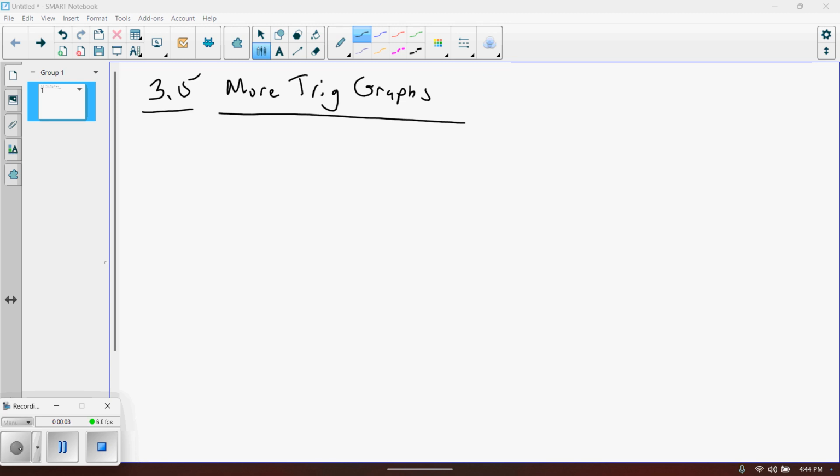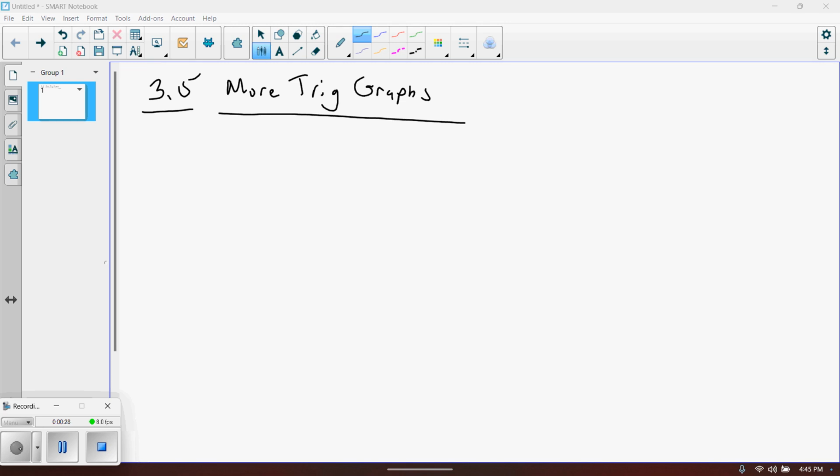Okay, so this is section 3.5, Math 146. We're going to continue basically 3.4. We're going to extend this to the other four trigonometric graphs that we didn't really talk about in 3.4. So 3.4 focused on sine and cosine. This one's going to focus on the other four, which is going to be your tangent, cotangent, secant, and cosecant